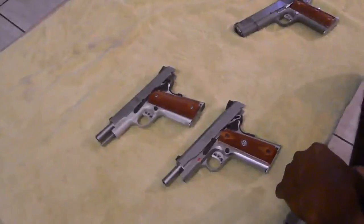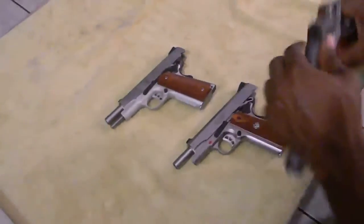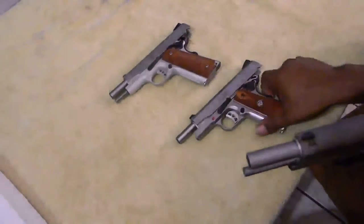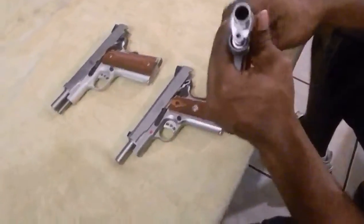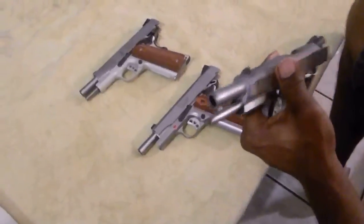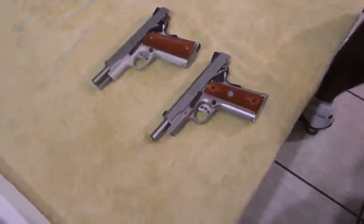Now, and another thing, now that I'm into comparisons, which I do like about the Ruger, you can easily take it down. It is really easy to take it down. You need no tools. It reminds me of my GI. Compared to this one, you need a freaking tool to take it down. You need an Allen wrench to take it down. That drives me nuts. I mean, I am military,